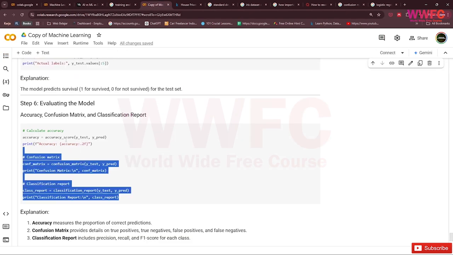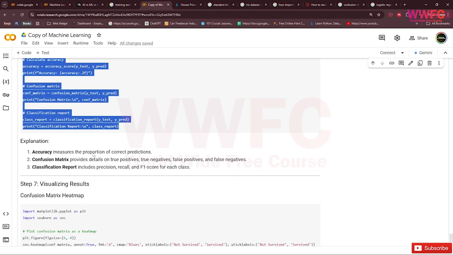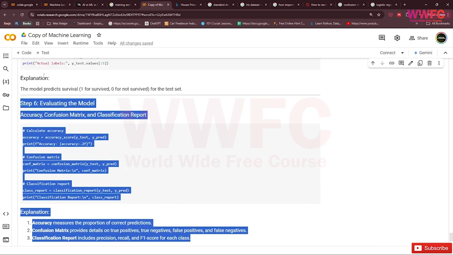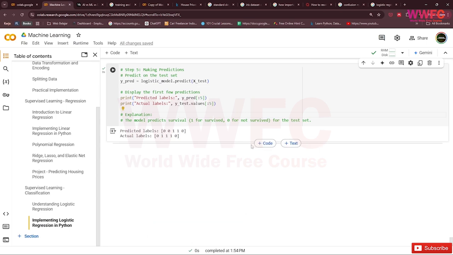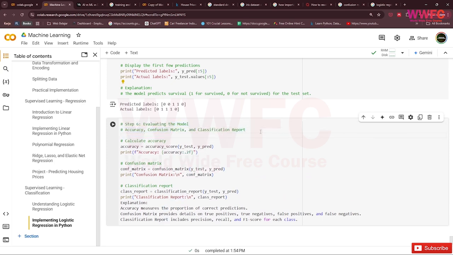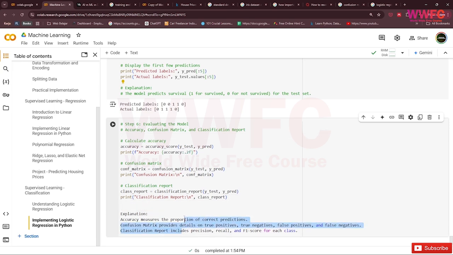So we want to evaluate the model. We make this accuracy and confusion matrix. We calculate the accuracy, we calculate the confusion matrix, and we calculate the classification report.